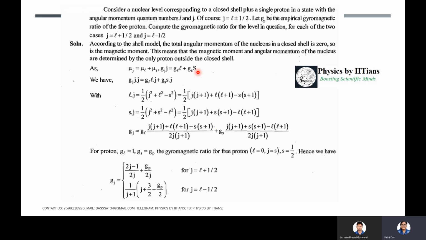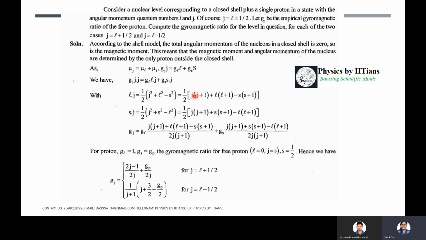So just to remind you of the lectures I have already given on atomic and molecular physics. There, for the electron case, we account for these terms: mu J, mu L, mu S, Gj, Gl, Gs. So here we have Gj into J is Gl into L dot J plus Gs into S dot J, where L dot J can be written as half of J square plus L square minus S square,